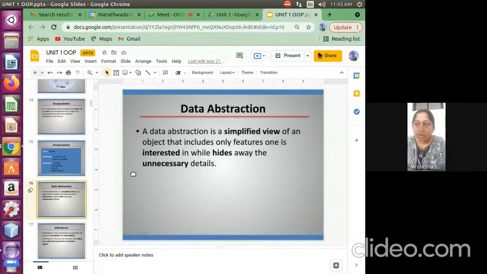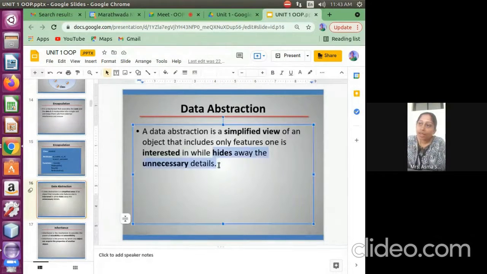It includes the features one is interested in while hiding the unnecessary details. One important thing to remember: hiding the unnecessary details is data abstraction.